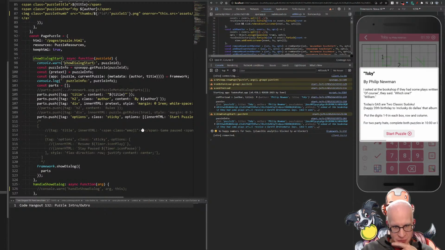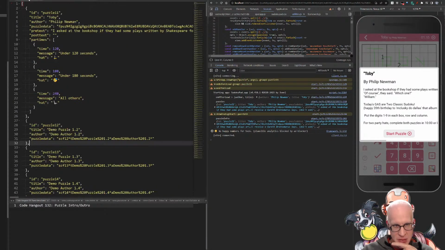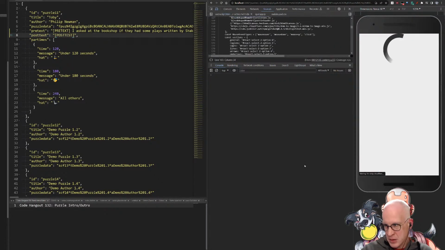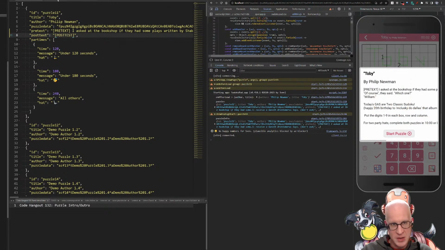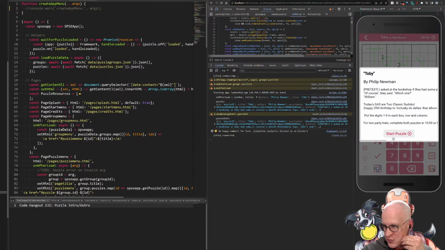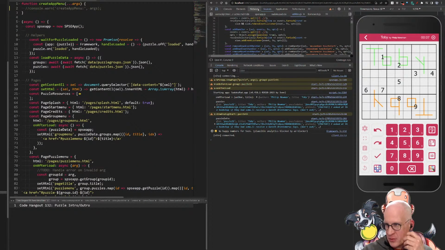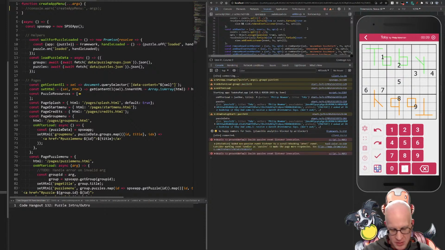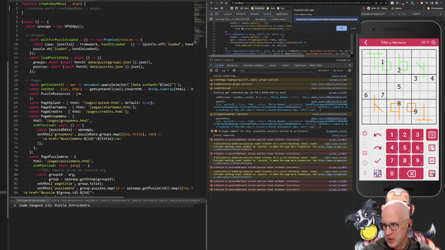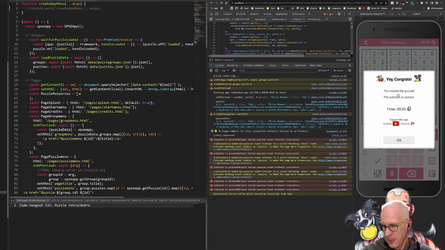Okay, so here we are looking at the pretext, which is this bit here. So let's just do something like pretext, post text. If I do that and refresh, we should see pretext here. Okay, and then we have start puzzle, and then we do the puzzle. And can I just cheat my solution in there? Yes. All right, so now what happens on the other end? After we've solved the puzzle,